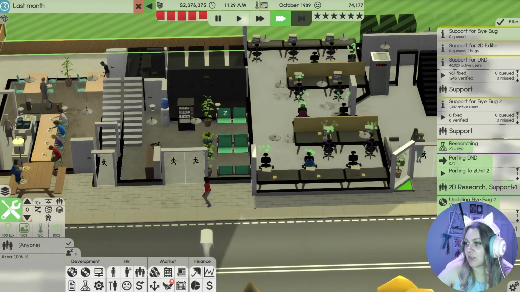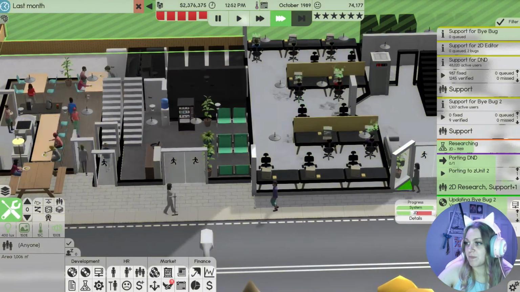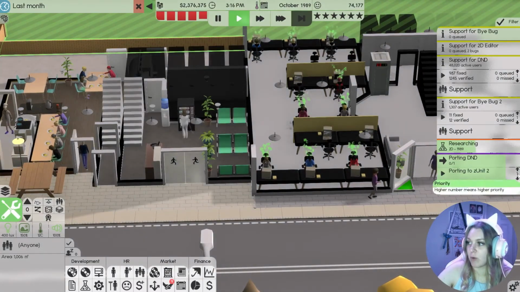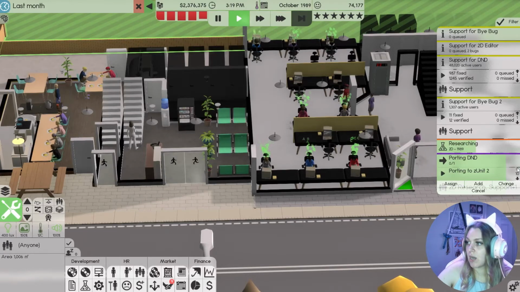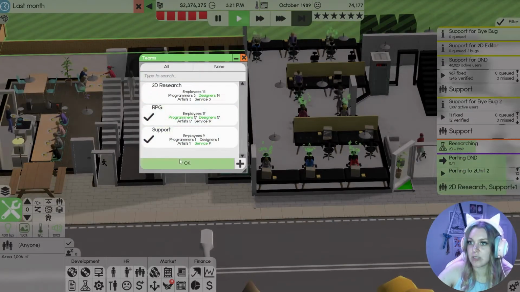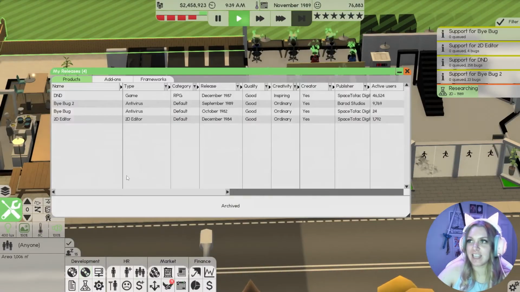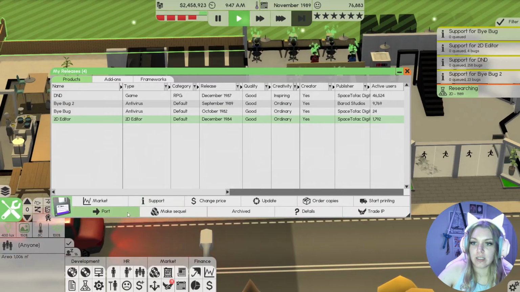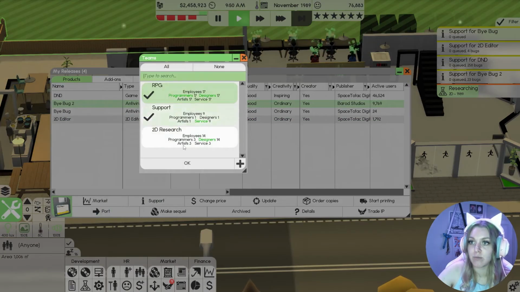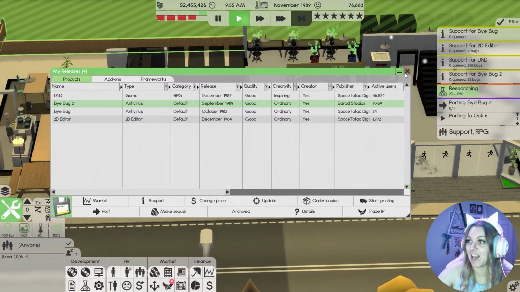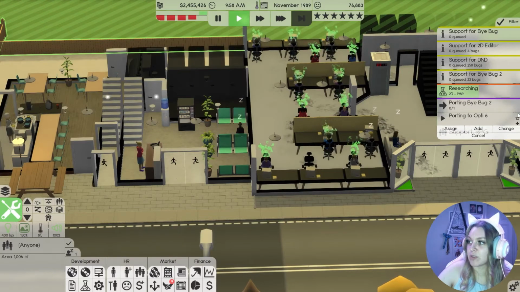Only 1,000 active users, but you know what the problem is? We aren't porting them to enough devices. Finish that update, and then we're going to blast through our port job. So let's take 2D research off of it so they can focus on just researching. That port job is done, and that's what we're going to do until about January, in which case we're going to start making an expansion pack for D&D. So let's port our most recent release onto this one with over 1 million users on it. I think that sounds like a great idea to boost those sales.